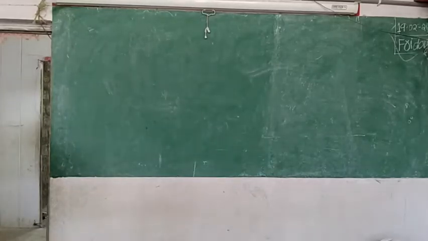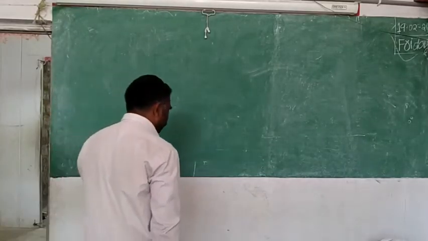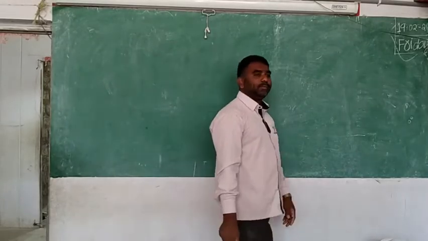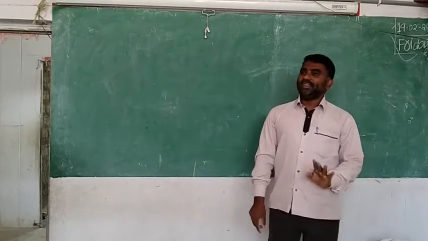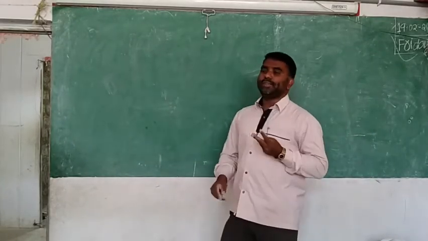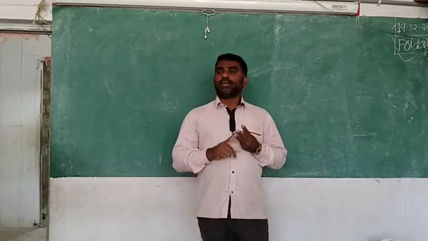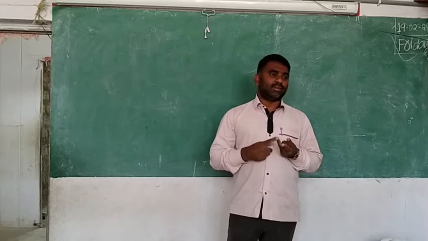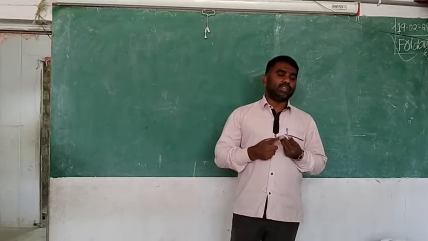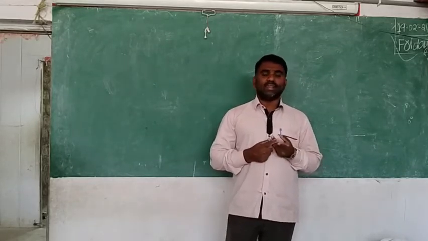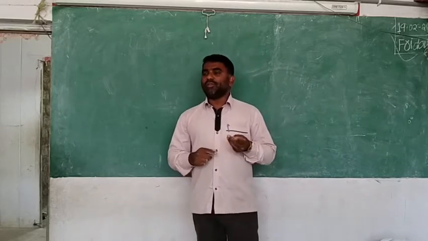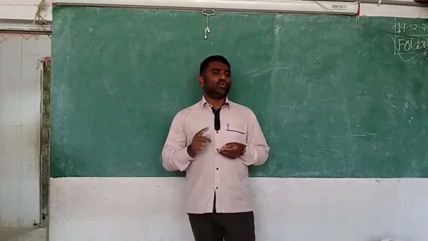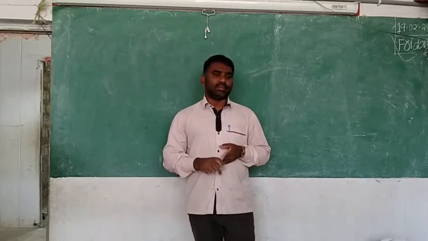Okay, today we are going to learn some other properties of the triangle. Already you have learned the main three properties. What are the main three properties? Sum of two sides is always more than the third side. Difference between the two sides is always less than the third side. Sum of the angles in the triangle is equal to 180.